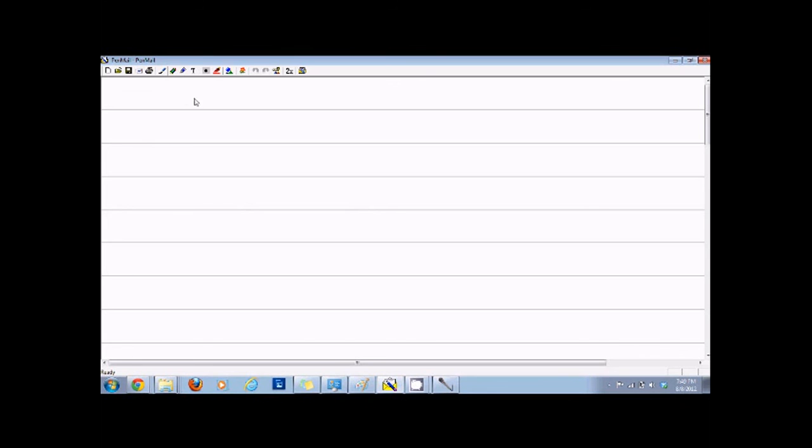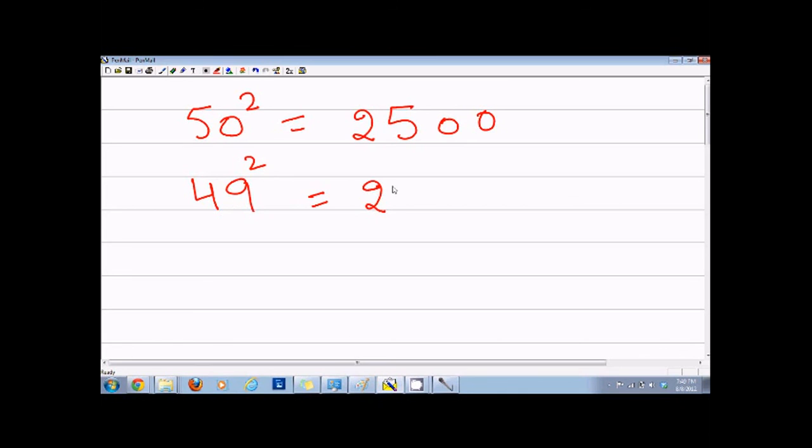For example, let's start with 50 itself. So if I have 50 and I want to square it, I will just write 2500. Now if I want to take the square of 49, then all I will do is subtract 1 from 25, because 49 is 1 less than 50, so I will say 24, and then write the square of 1, which is 1. Again, if I have 48, what I'll do is subtract 2 from 25, that is 23, and then take the square of 2, which is 4. So answer is